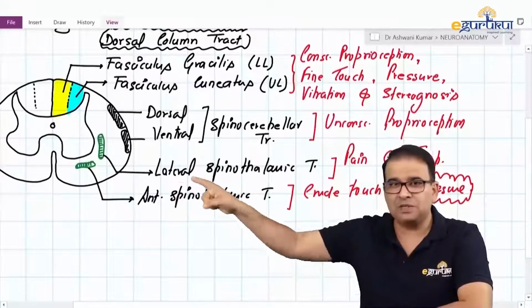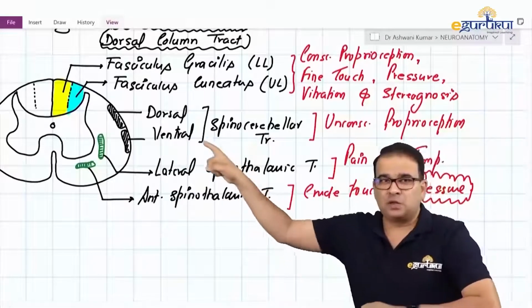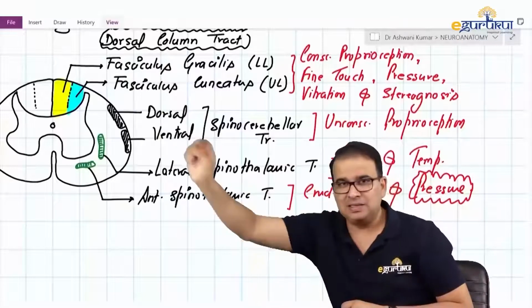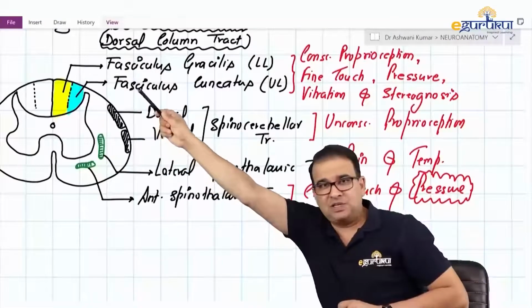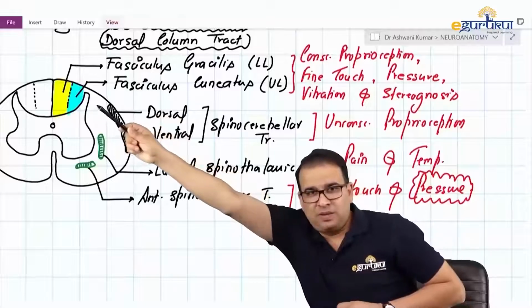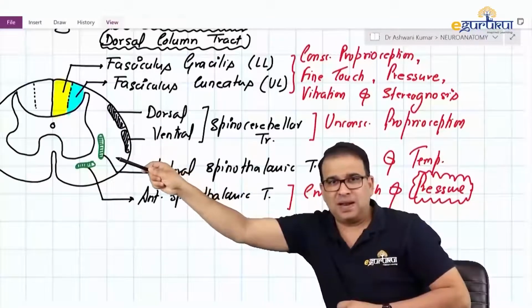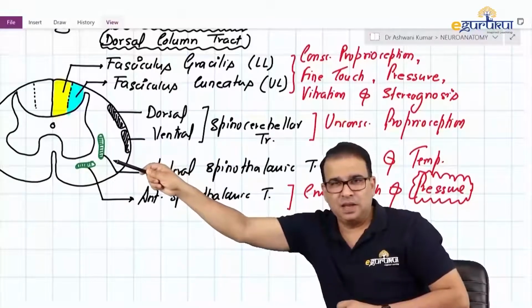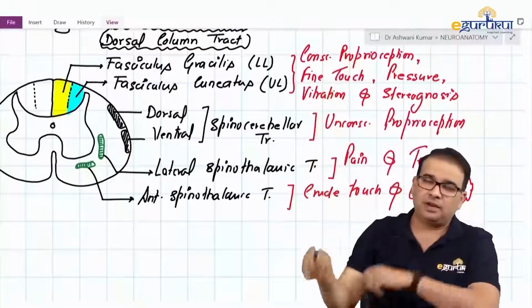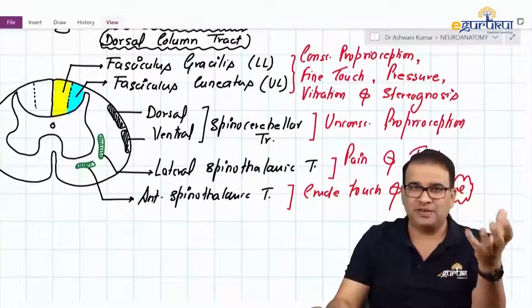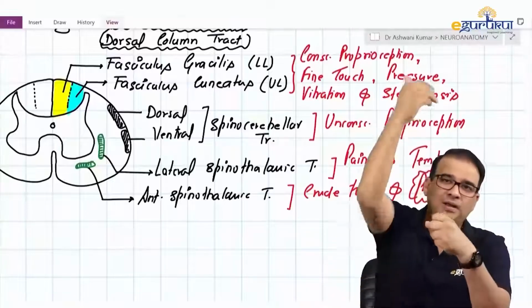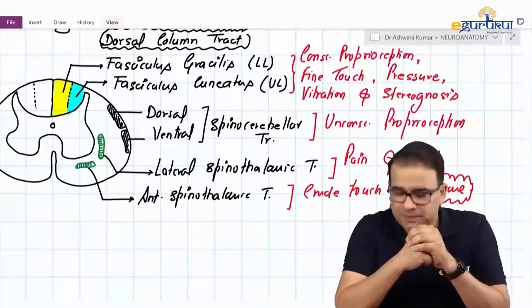Which tract is for pain and temperature here? Lateral spinothalamic tract. So from the substantia gelatinosa, the fibers will come into the lateral spinothalamic region, and then they will ascend upward, reach a certain part of the thalamus where they will relay, and from there the next neuron will start, which will go into the